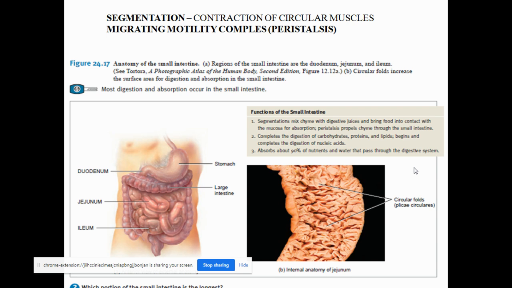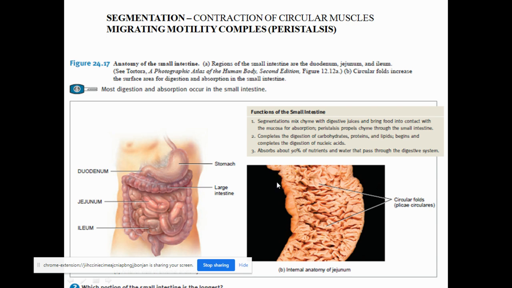Segmentation, as I told you in the beginning, is the movement of the individual lengths of the duodenum, jejunum, and ileum, which takes place segment by segment. When the first segment contracts, the other segment relaxes. Then the contraction migrates to the next region. The next region contracts, and the previous region relaxes. It goes on like a wave-like motion, or you can say like how you squeeze toothpaste out of a tube.